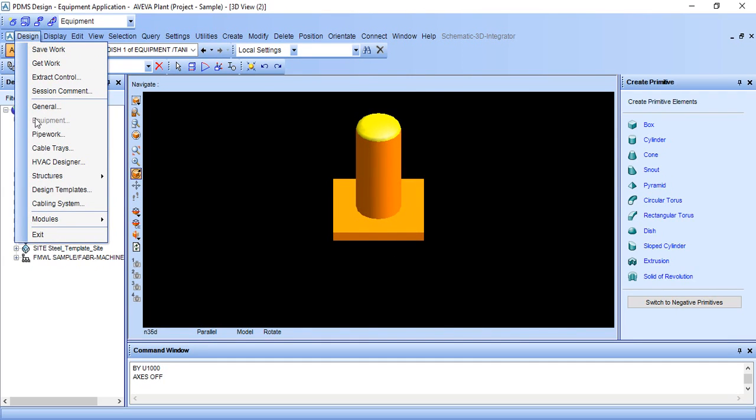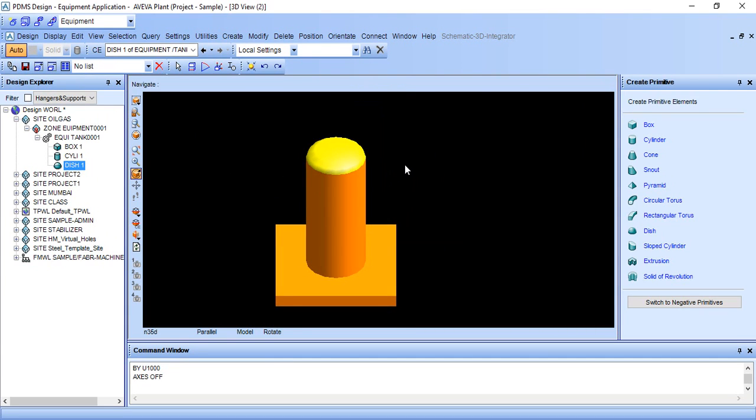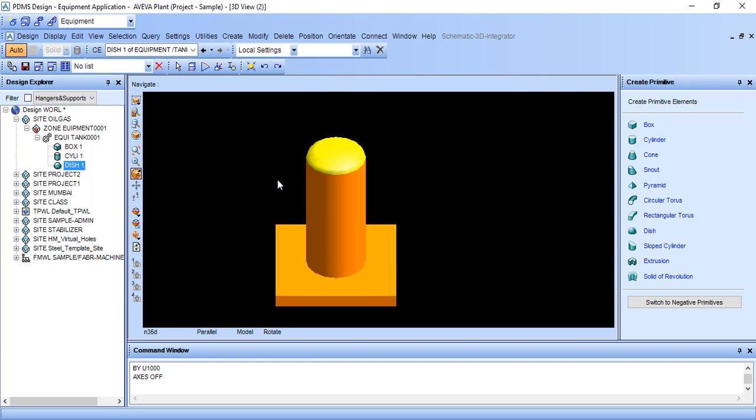And make sure design and go to equipment first. Here my selection is already on equipment, that's why I am making this. Make sure your selection should be on equipment when you are creating equipment.